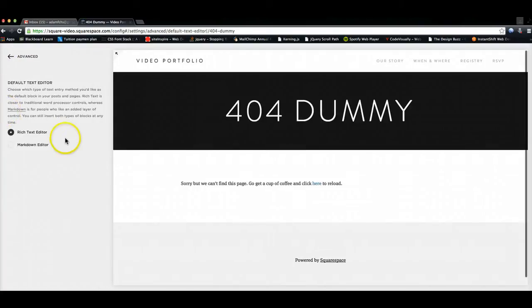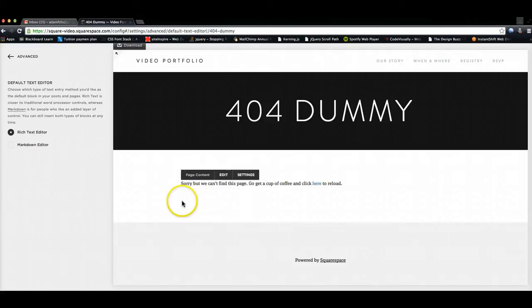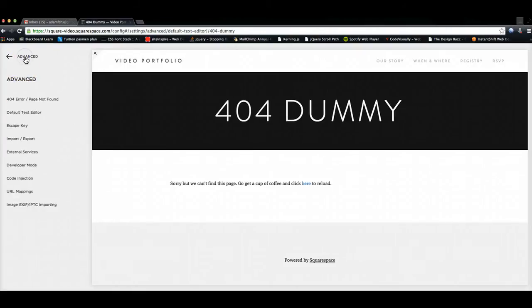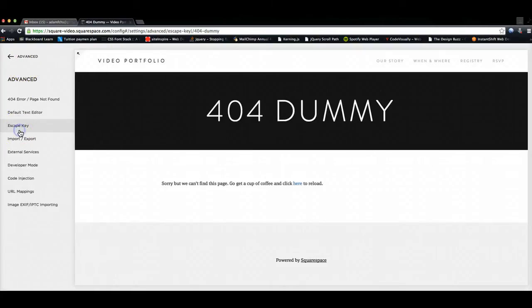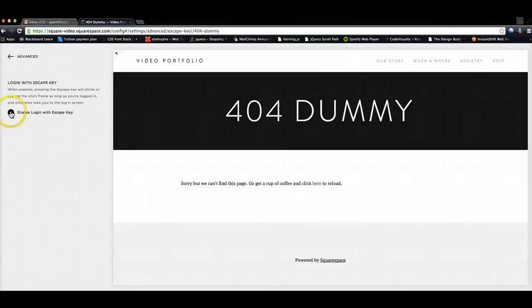Default text editor is never something that I mess with. Rich text basically means it works like a Word document, whereas markup means that you're actually typing in HTML. So I would just keep it as rich text, which is the default, so you don't have to worry about it. Escape key,